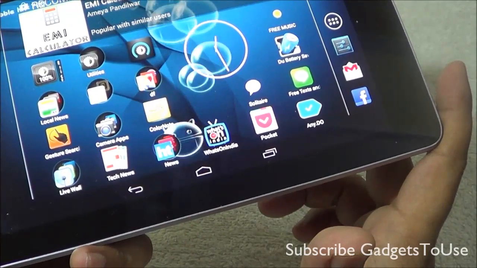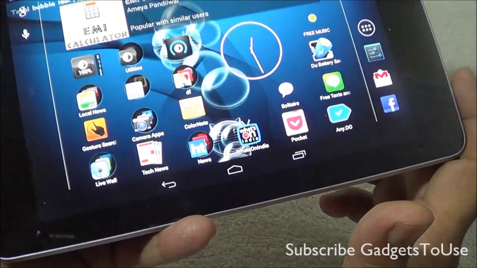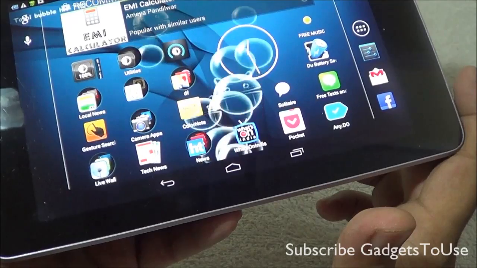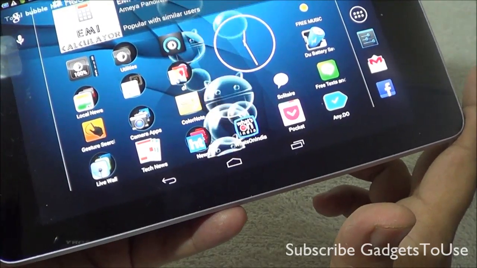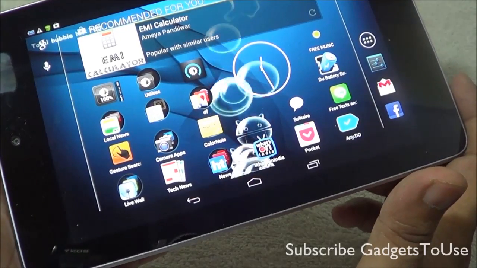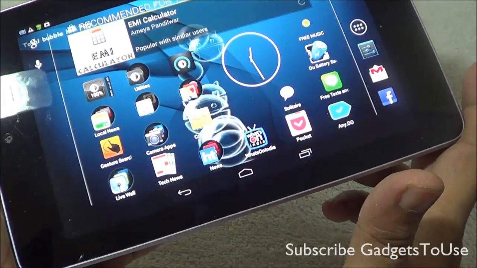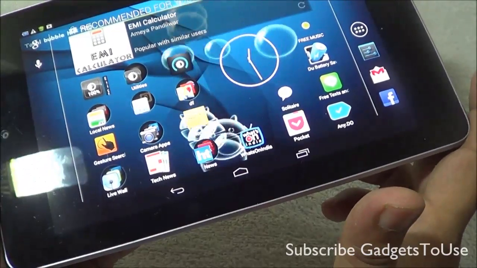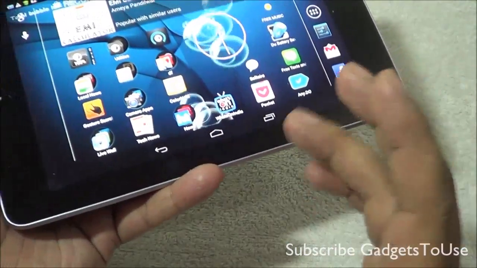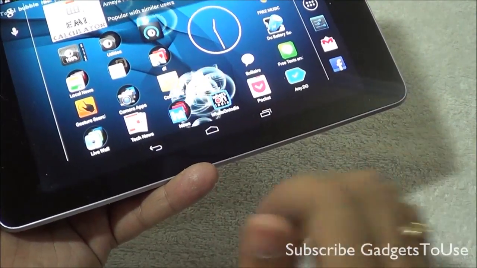You also have got some new enhancement in the developer logging features. There are some new developer options which have been made available in Android 4.3, especially for the testing of the devices and applications on different Android devices. You have got improved digital rights management, and then you have also got support for Arabic right to left support, basically while typing on the keyboard on this device. If you set Arabic, you will be able to type from right to left.